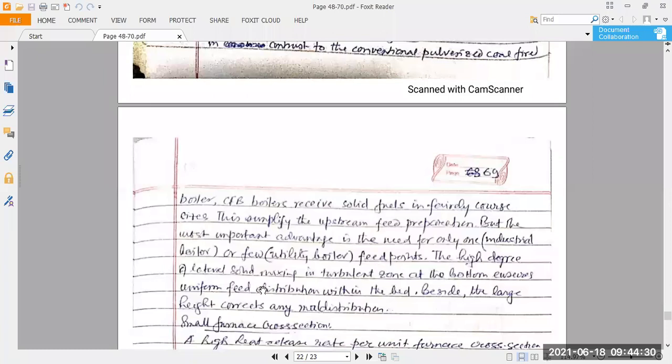The high degree of lateral solid mixing in the turbulent zone at the bottom ensures uniform fuel distribution. The turbulent fuel at the bottom ensures uniform feed distribution within the bed. Besides, the large height corrects any mass distribution problems itself. Next, let us go to